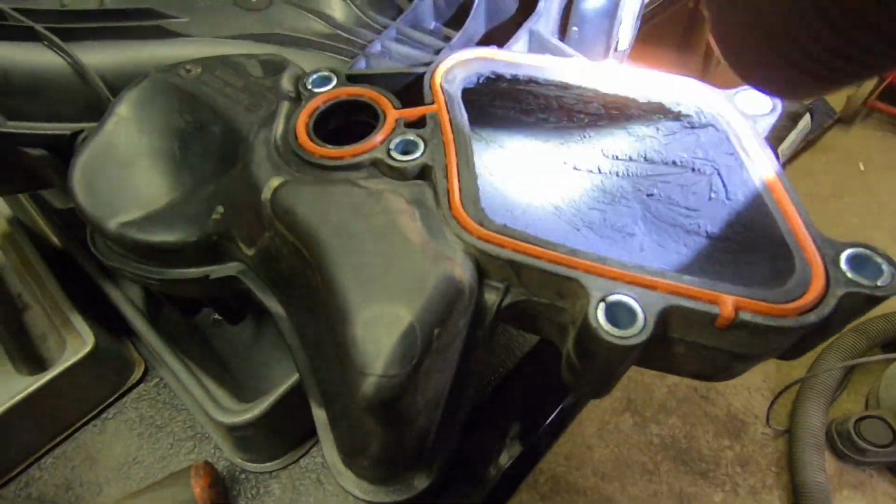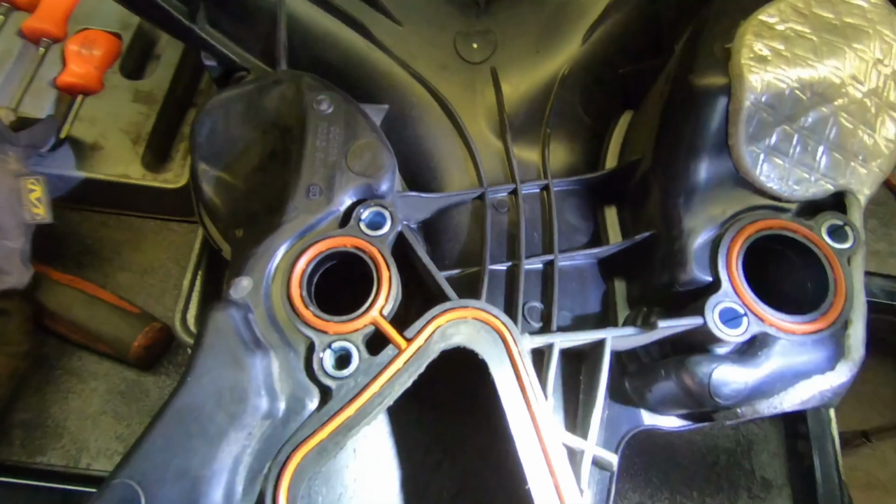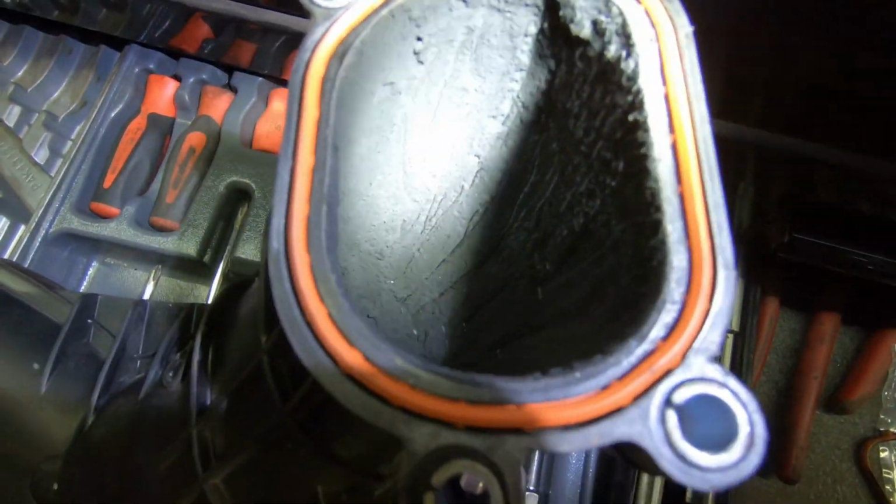There's a little line there. I'll probably scrape that out. I just went in there with a screwdriver to get most of the stuff out. But yeah, there was a lot. So I